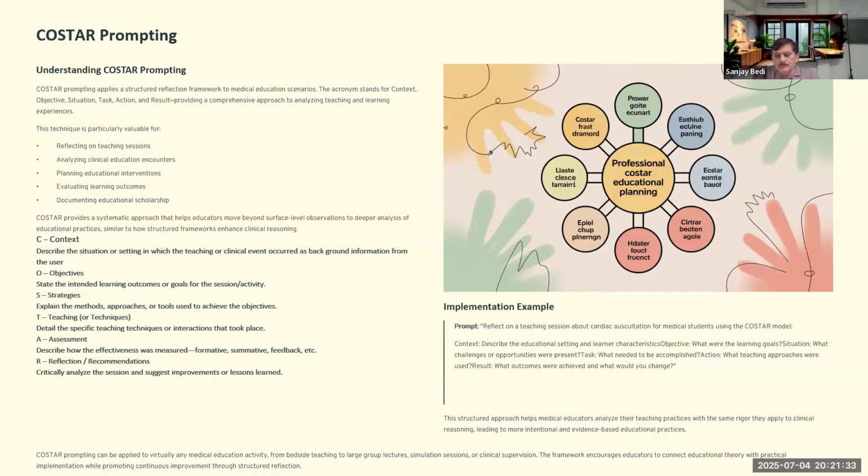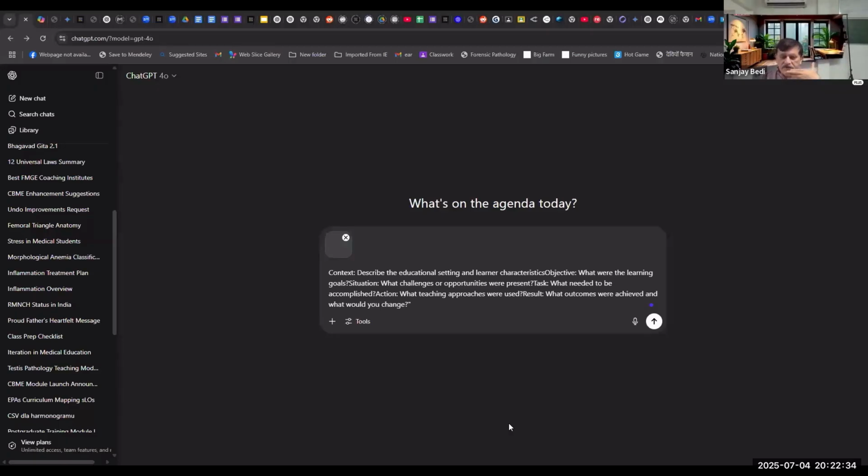Now we will go straight to ChatGPT and just see the example. So I have started ChatGPT, and the context describes the educational setting and learner characteristics. The objective is what were the learning goals, situation, what challenges or opportunities were present, what needs to be accomplished, and action is what teaching approaches were used, result, what outcomes were achieved, and how would you change. And in this, we give it a clinical scenario,